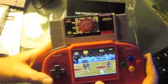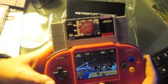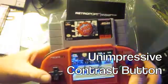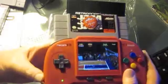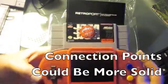And this contrast button, I don't think it serves a lot of good. It has like 4 settings. It goes dark to light, and why you'd want to have it on any setting but the brightest is beyond me. But that's the NBA Jam game, the original Super Nintendo NBA Jam game